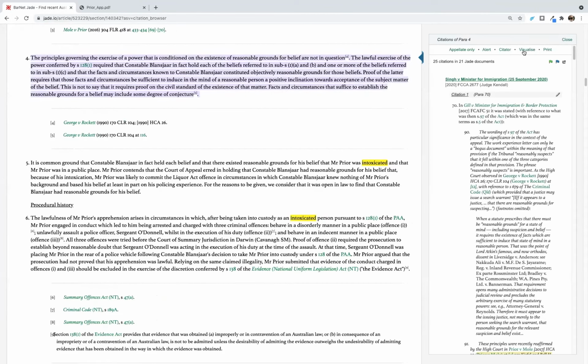and we'll look at the visualize link. Within the suite of Jade professional tools, there is a set of visualization tools, and these tools enable you to analyze these very text-rich results in a different way, so in a visual or graphical way. And so let's say within this citation I had